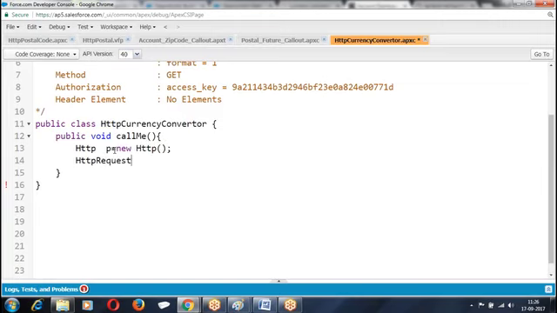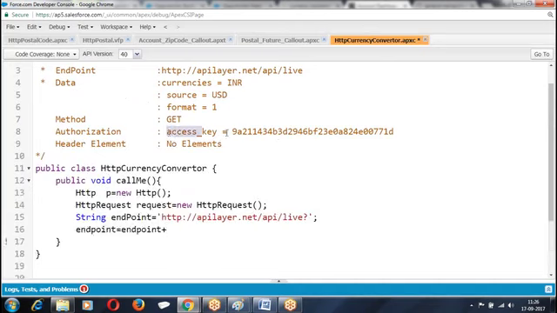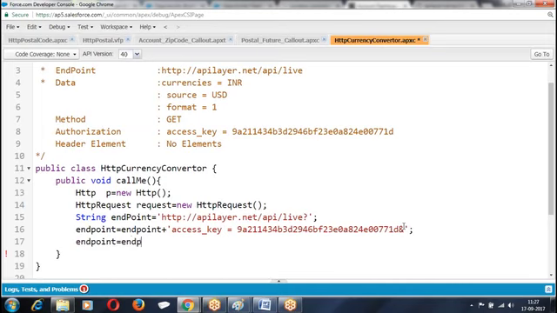Then I am making HTTP request equal to new HTTP request. Request dot set. First we need to go for endpoint URL string endpoint. What is the endpoint we have? Then we have the access token. We need to pass the access token. So endpoint equal to endpoint plus